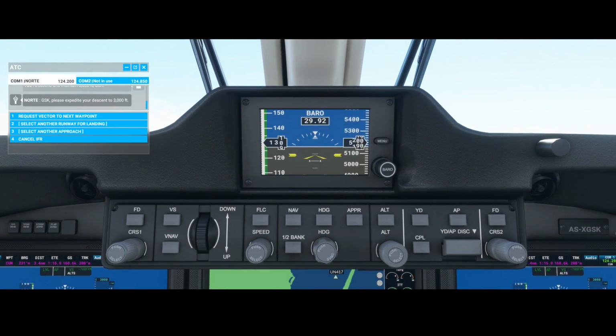So what are the other options? As already mentioned, this button is to set the speed, and there's also the button here which allows you to